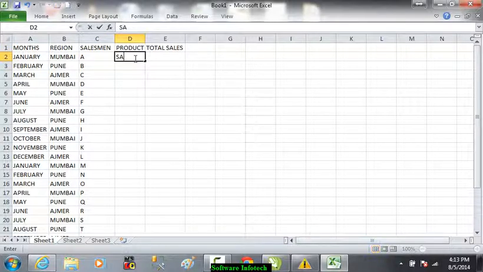Products we can have cell phone, more laptops, and also we can have iPads, which are generally used these days.